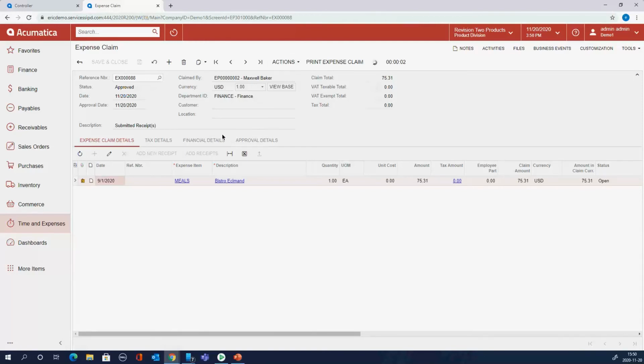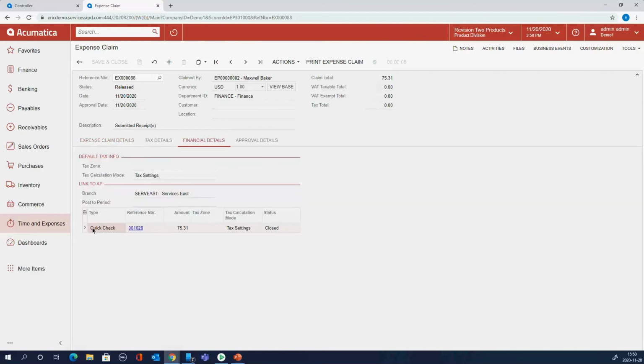it will simply create the corresponding accounting document. So the system has created a Quick Check because I used a corporate card. So now the cycle is complete, and I would be able to do a bank reconciliation for that credit card, making sure that all my balances match with my statement at the end of the month. And that's it. Eric, this is very, very comprehensive